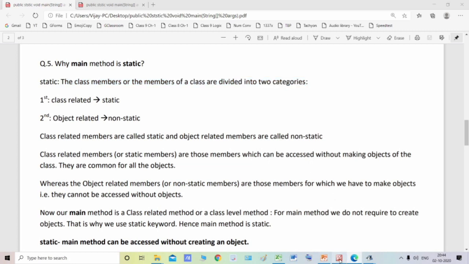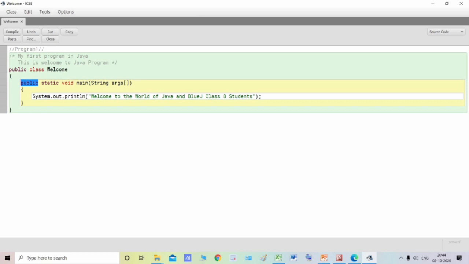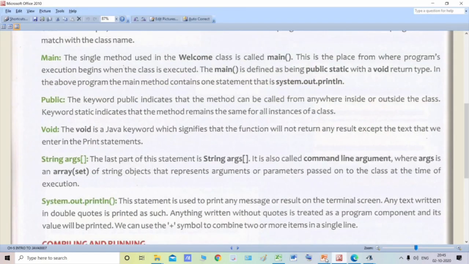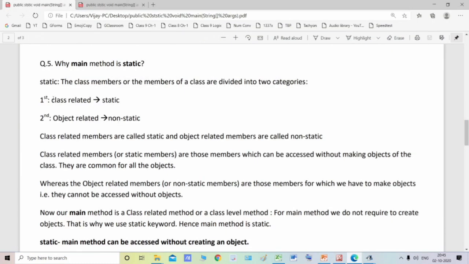Now see students, this is our class, and inside this class there are some members. The class members are basically divided into two categories. What are those two categories? The first category is called class related, and the second category is called object related.